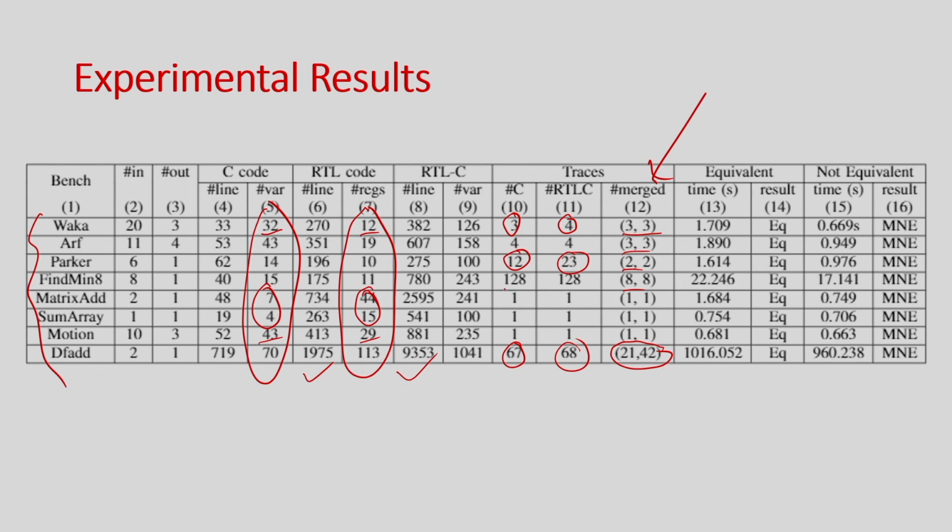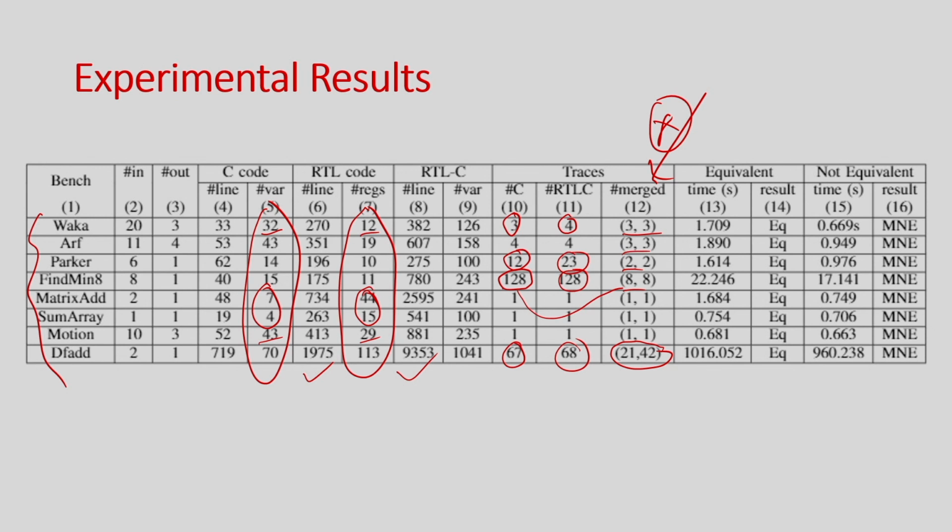One important thing is that there are 128 traces here and 128 traces there, and these 128 traces merge and become 8 traces. So merge compatible traces also helps reduce the number of traces, because we found many traces whose outputs are equivalent, so I can merge them. The complexity also reduces here. This is a very interesting and important step which makes this equivalence checking problem scalable, or very helpful.